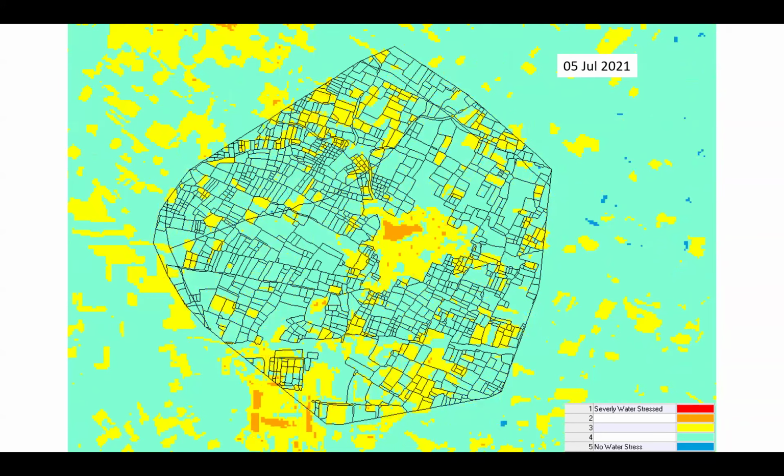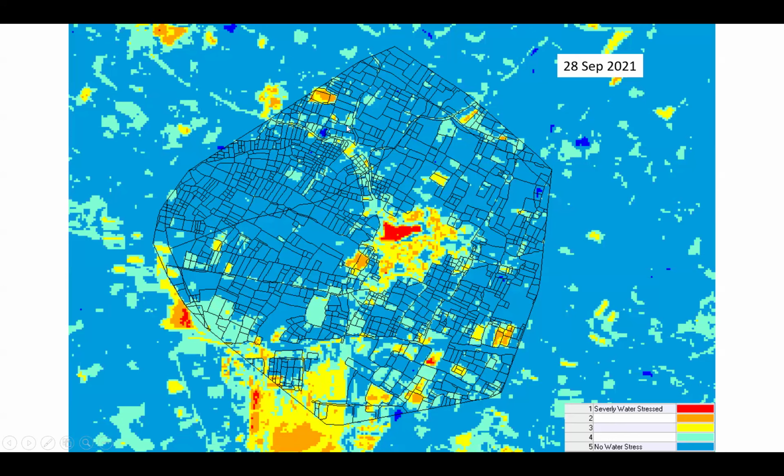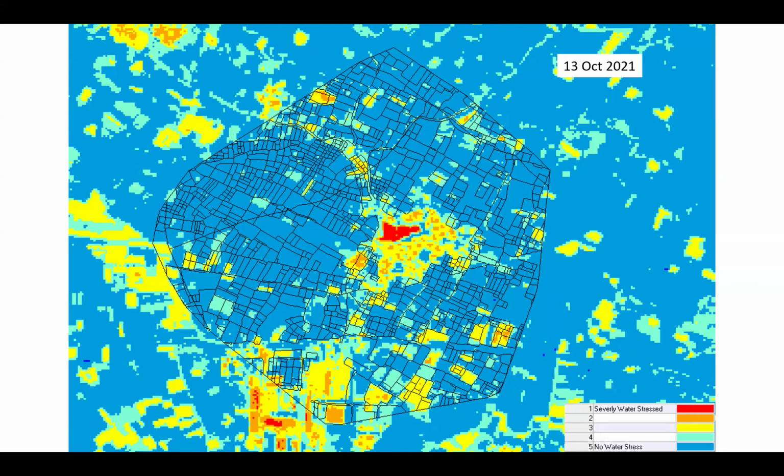This is the months of May, June, July. Now here in July, most of the farmers in this village have already done something. They are in blue, but some are still in yellow. These people we can approach and give advice. Remember, some have taken the advice and are still doing it, but there are still some yellow and orange patches. That means bad performance is happening in their field. So these farmers can be advised that their crop is not performing well and they can take some kind of protective measure.